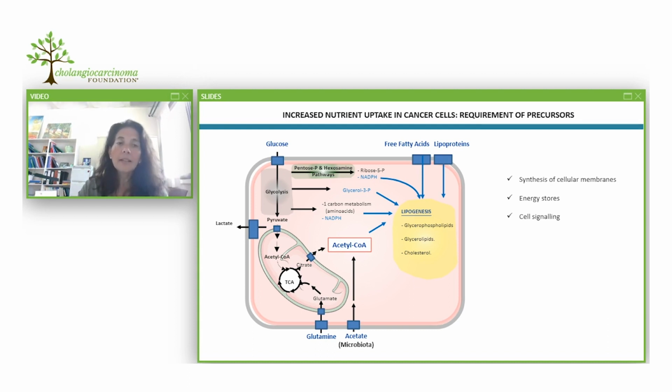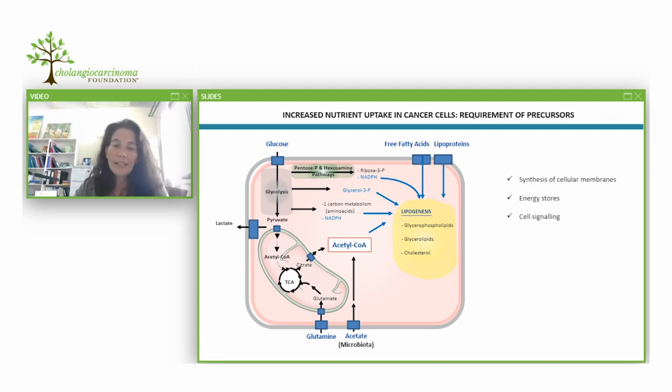In cancer cells, the increased uptake of glucose will support the active glycolysis, in which intermediates will be used for the pentose phosphate pathway, for the generation of glycerol 3-phosphate, or for one-carbon metabolism. At the same time, in these metabolic pathways, intermediates will be used as precursors for molecules such as lipids. The TCA cycle is a source of